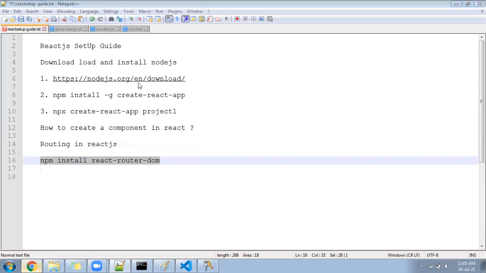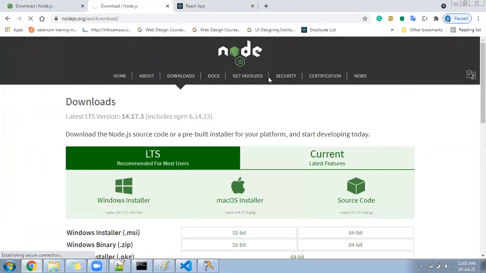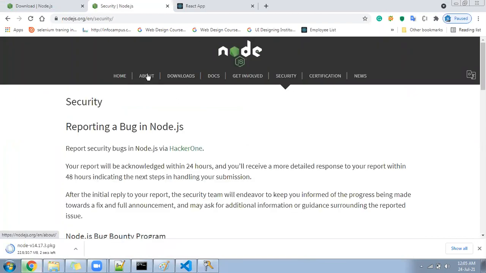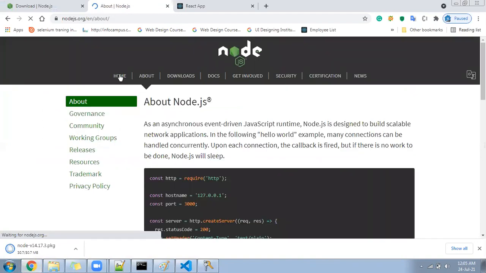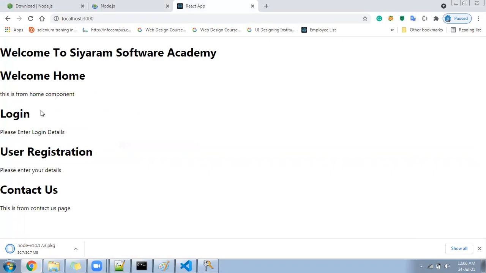What is routing? Suppose I go to this Node.js website. See, there is a link here. When we click here, it is going from one page to another page. Hope you are able to see, right? It is redirecting from one page to another. Same thing inside React. Suppose we have created the 4 components now. Suppose in your project you have 100 pages or 100 components; you cannot display 100 components to the user at the same time. So you need to apply some kind of navigation so that the user will click on the link, then the page will appear, right? That is called routing.